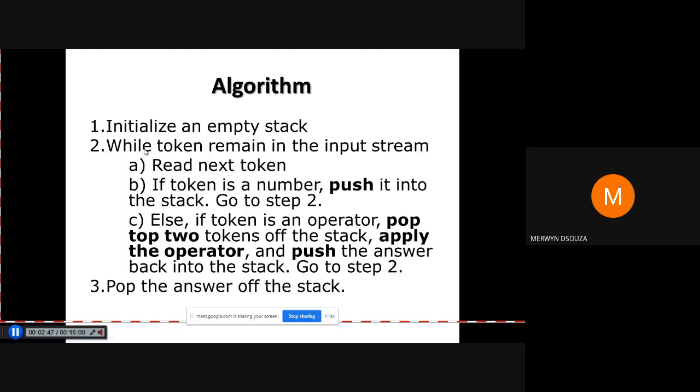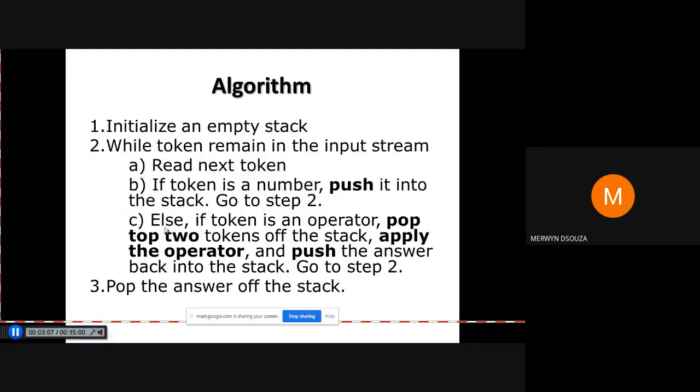Once we push it onto the stack, we don't go to step C, but we go back to step 2. We check if there is more input remaining. If there is more input remaining, then we read the next token. If it is a number, push it onto the stack.